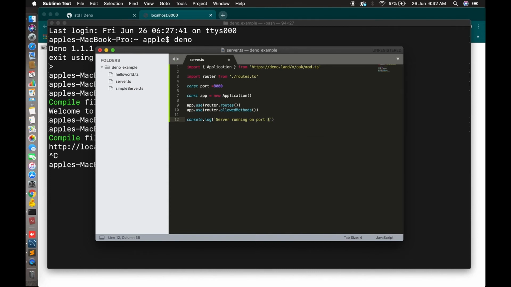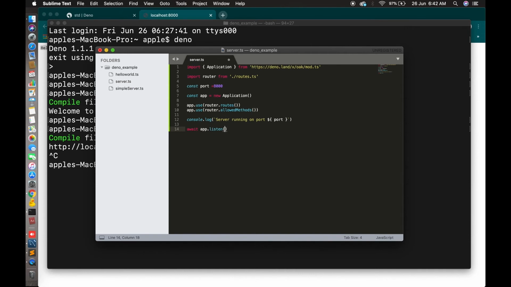I can print the variable, so printing it with dollar and braces, port. Next, you just await app.listen with your port number. So this is server.ts.